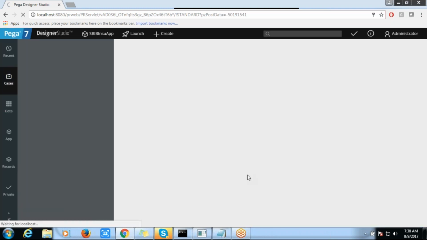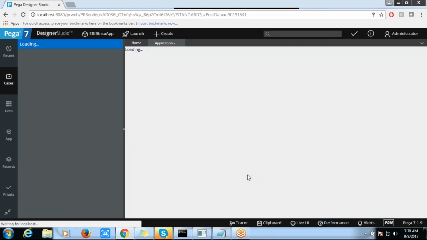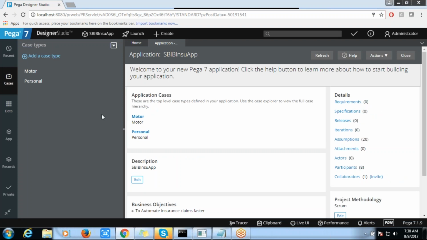Here in PRPC, everything is a portal, based on the access that is provided to you. That kind of portal is what you are going to get. Similarly, in a bank organization, different users have different access to different portals.